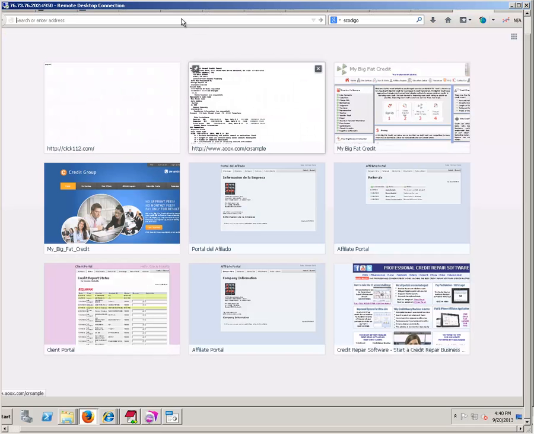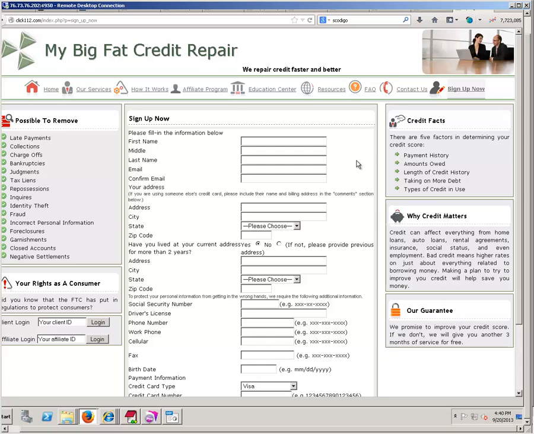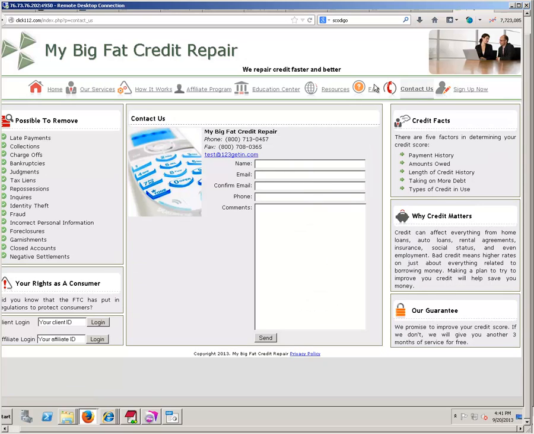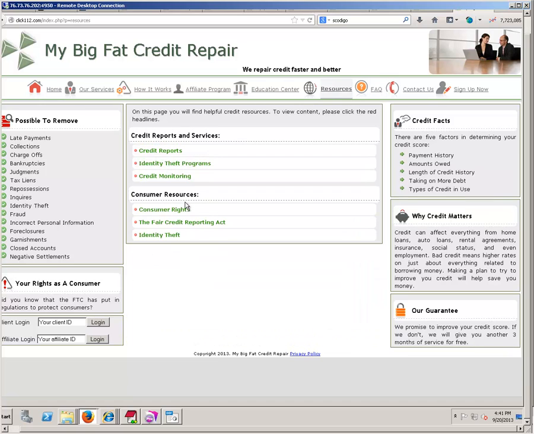But in any event, if they say no, I don't have a website, or you see that the website is horrible, say, well, we can sell you a website like this one, and this one has the ability for your clients and affiliates to log in from here, to sign up, and this will go into the Pro Plus automatically, creating a new client and populating. Yeah, of course. And then this is an inquiry form. And obviously it's going to have your name, the name of your company, your phone numbers, etc. An FAQ, frequently asked questions,